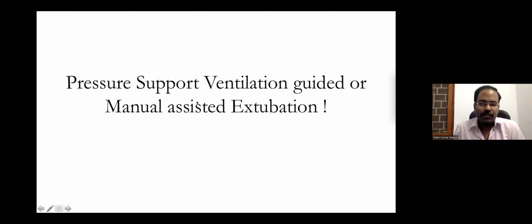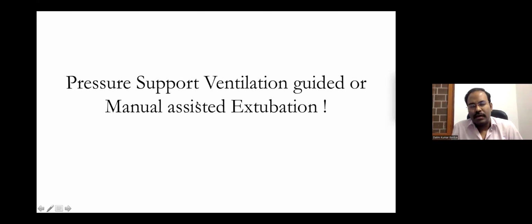So this question was addressed in a study: whether manual assisted extubation versus pressure support ventilation guided extubation, which one will be beneficial? Now, in the ICU setup, there are a good number of studies which have seen that just before extubation, even if the patient has passed the spontaneous breathing trial and satisfied the weaning criteria, if we keep the patient in pressure support ventilation for some time and extubate the patient on PSV